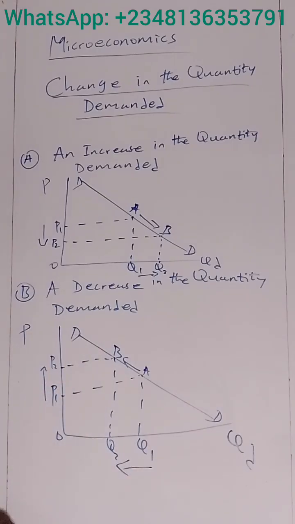Also, when there is a decrease in the price of the commodity, this will cause an increase in the quantity demanded. Why? Because a change in demand means